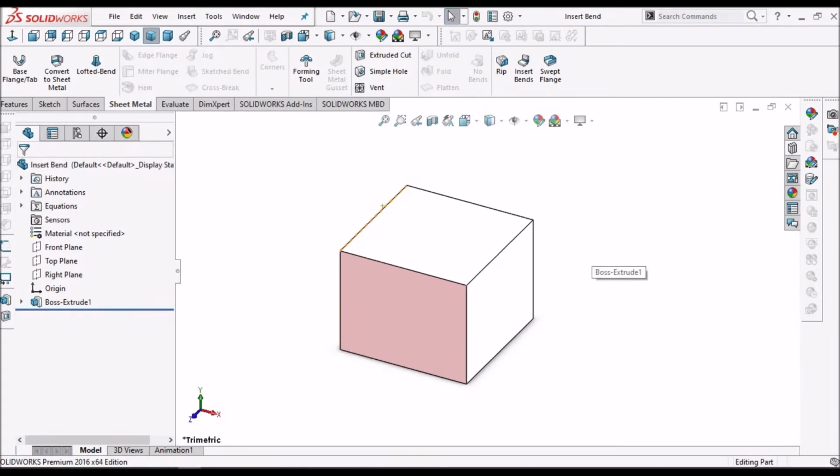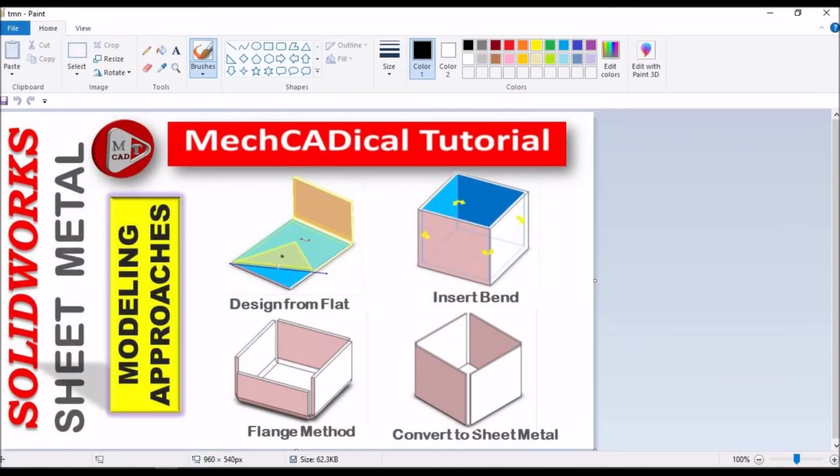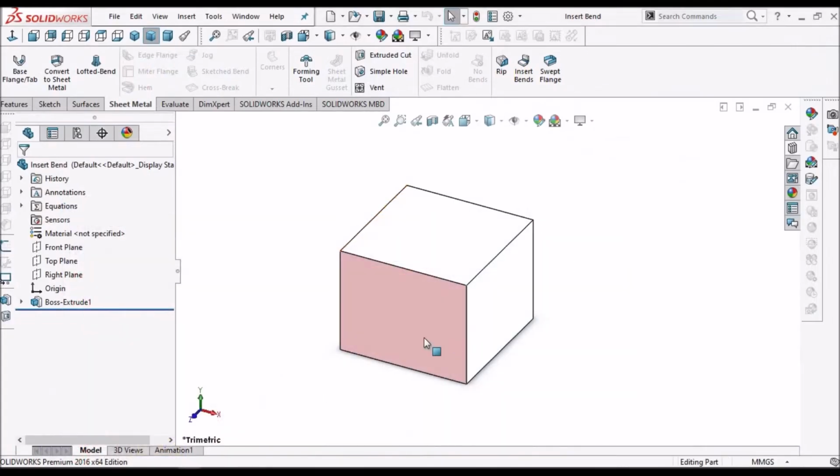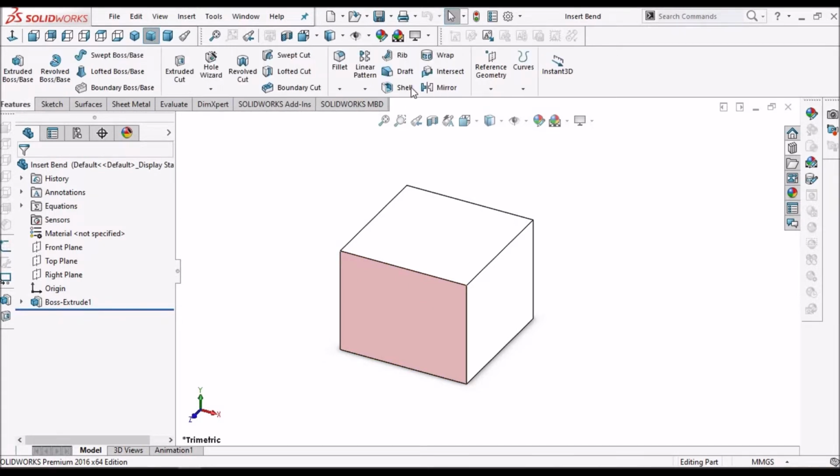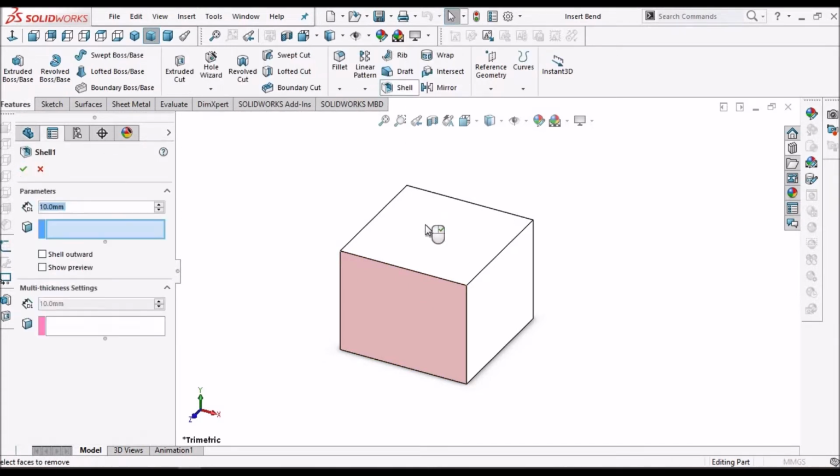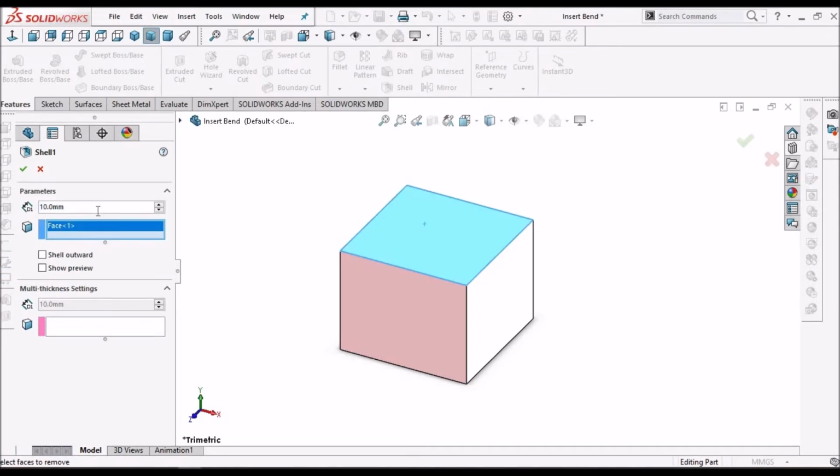So next method is insert bend. So insert bend, we will take a solid block that is in solid modeling and we have to create a shell and thickness as 2 mm.